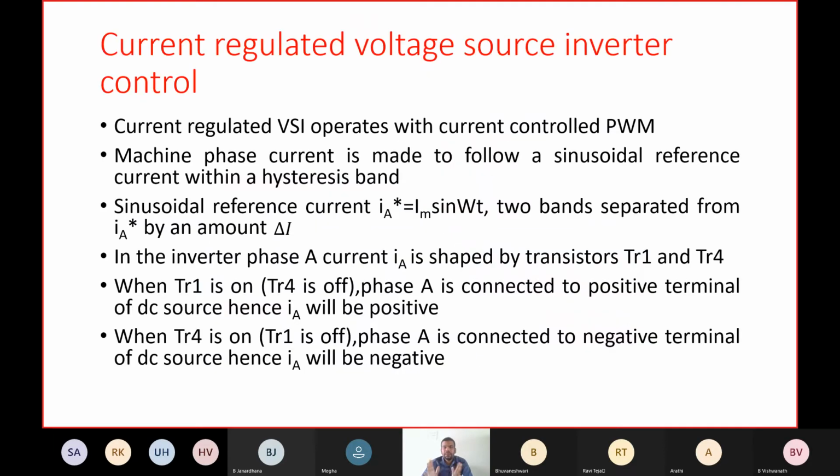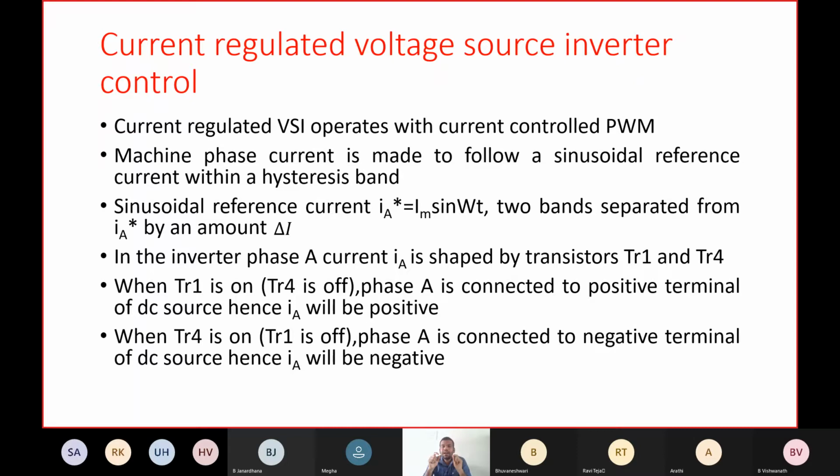Here, first keep in your mind that the system has the reference current which is flowing through the reference bands. Here we have IA star, IB star, IC star. What is meant by IA star, IB star, and IC star? These are your sinusoidal reference currents, which we derive from the actual system, which is running for three-phase currents. So IA, IB, IC are your three-phase sinusoidal currents, and IA star, IB star, and IC star are your three-phase sinusoidal reference currents.